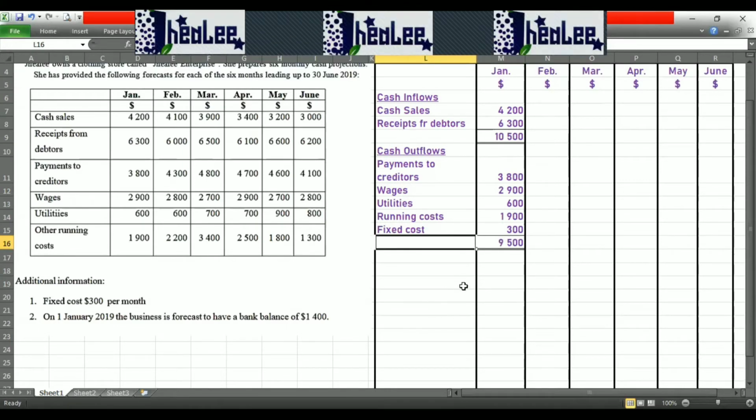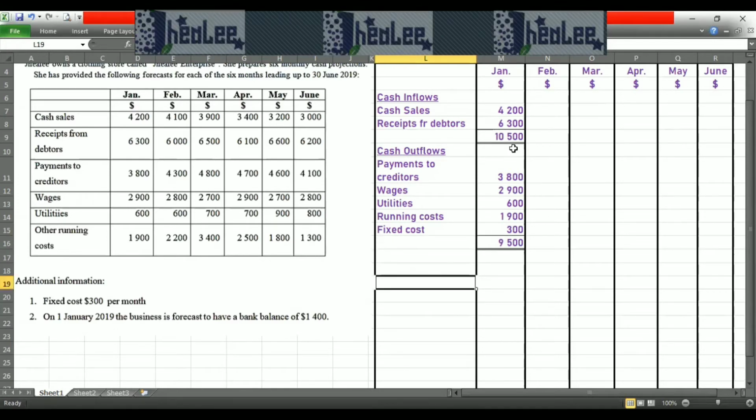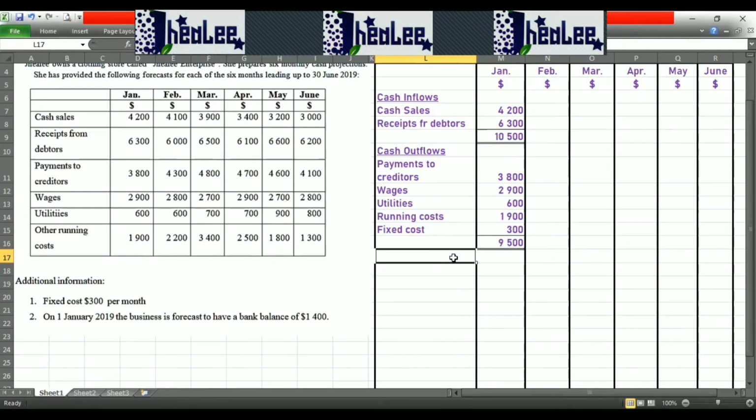Now, your next step, once you have your receipts, your total inflows, and you have your payments, which is your total outflows, we can now do a reconciliation. We can now do the balancing section to see if there is enough cash that would be in the business for the period. Now, we're going to start with your opening bank balance. So opening balance, we can call it opening bank balance, and that value is